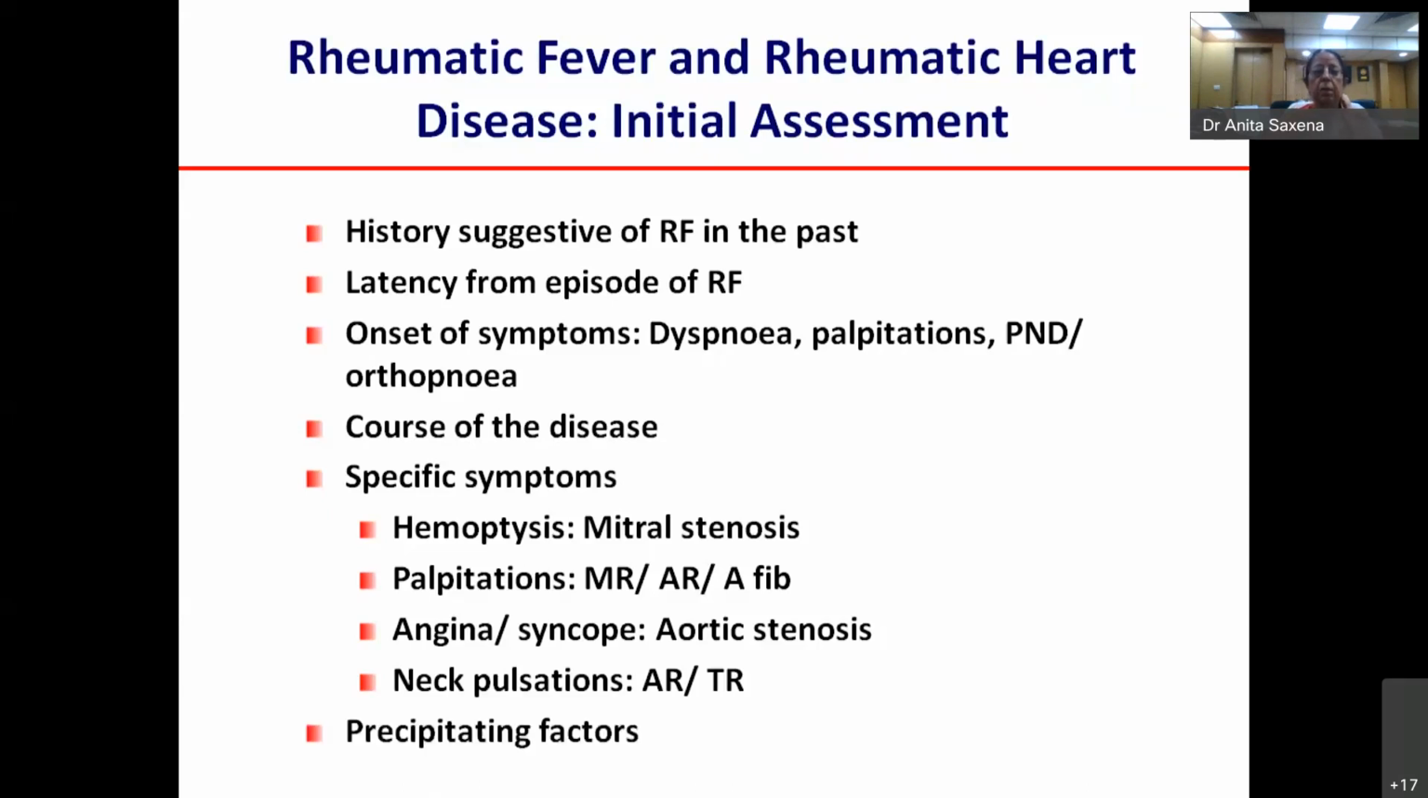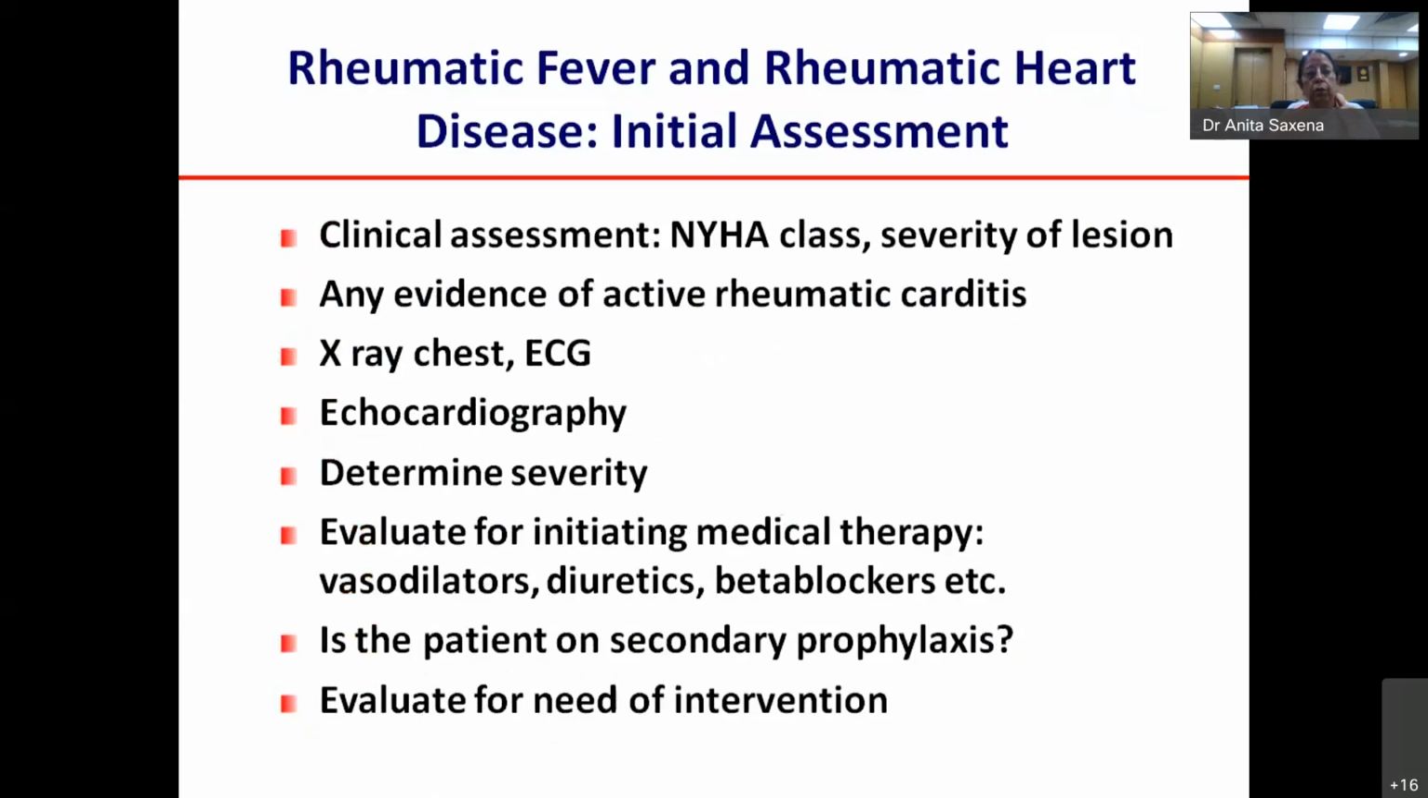Many patients will present with congestive heart failure of a short duration. So we need to know what could be the precipitating factors for deterioration in their conditions. It could be arrhythmia, it could be reactivation of rheumatic carditis, not uncommon in the pediatric age group at least. Then, of course, besides their clinical assessment, where we look at their severity of the valvular lesion,